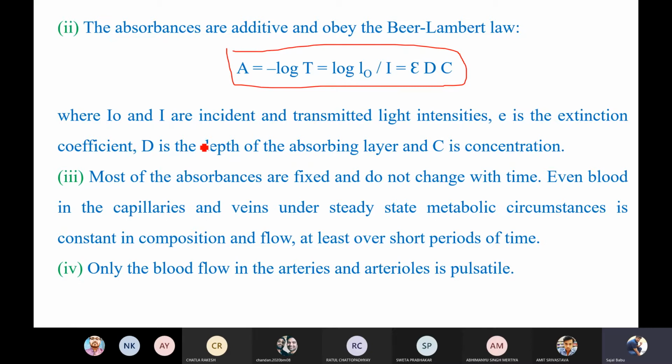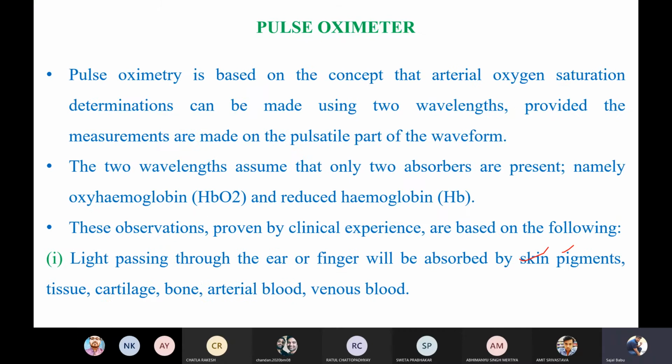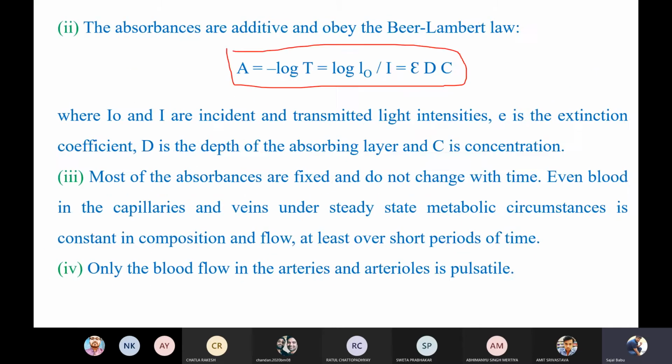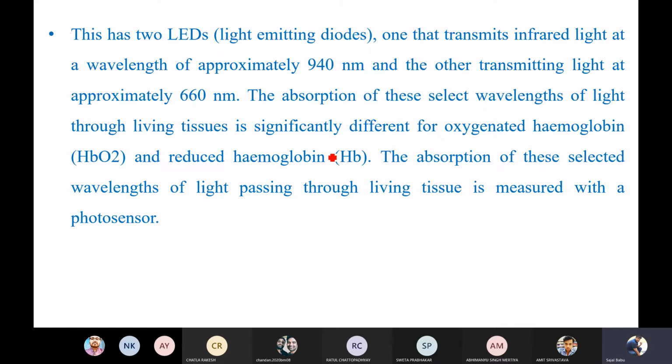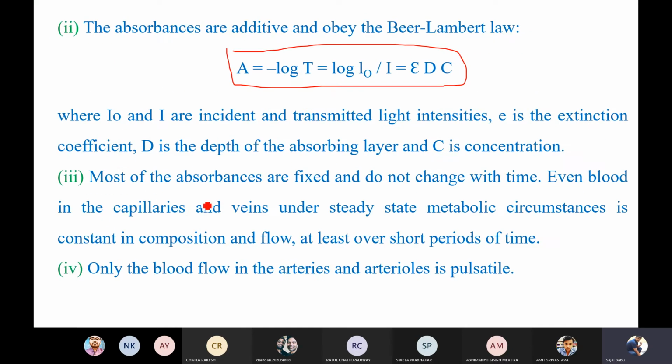So as I had said, there are different observers, but I am going to take only two observers. Why? Because, as I had explained here, I am going to consider the pulsating part. Okay. So I will explain what this pulsating part is. Okay. So whenever, like, this is your finger, and you have connected a pulse oximeter here.